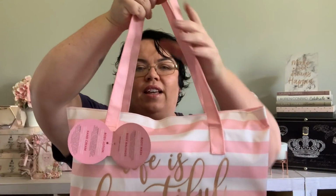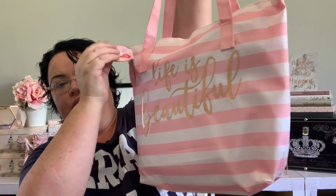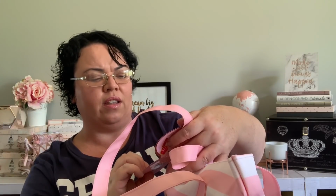The next thing I bought from Big W, I'll get this one out of the way because it's big, was this beach bag. Now, I just love the look of the beach bag. I actually bought this just by the look of it, and I don't even know what's inside it, to be honest. So it's got body wash, body butter, oh, that might be like a body scrub,